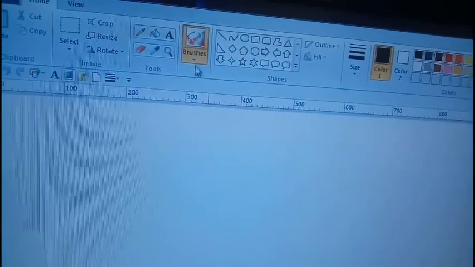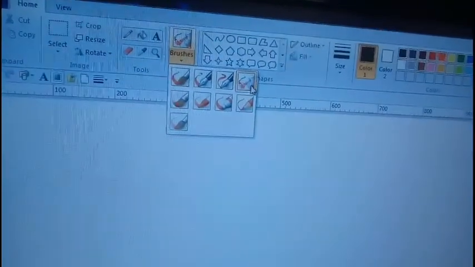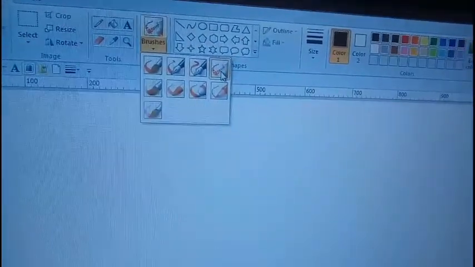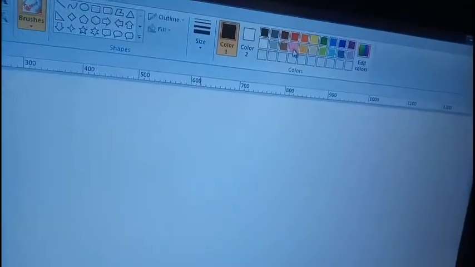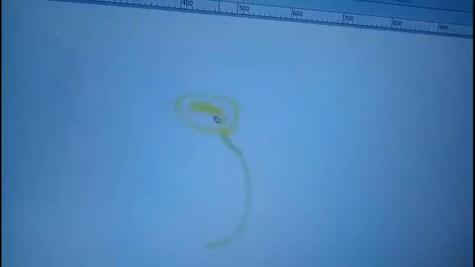Now let me draw something using the brush tool, or rather the airbrush tool. This is the airbrush tool. Let me click on this. Let me go to green. Okay. Then yellow. Let's drag it a little so that it gets filled up.